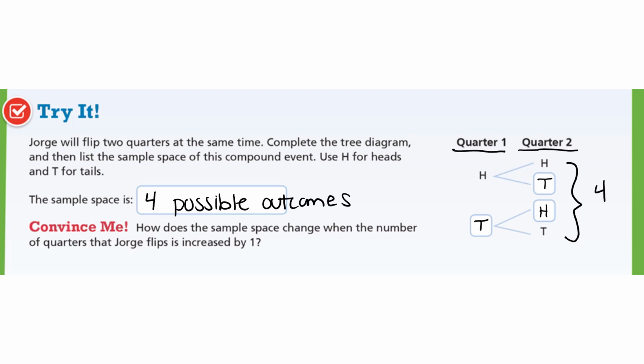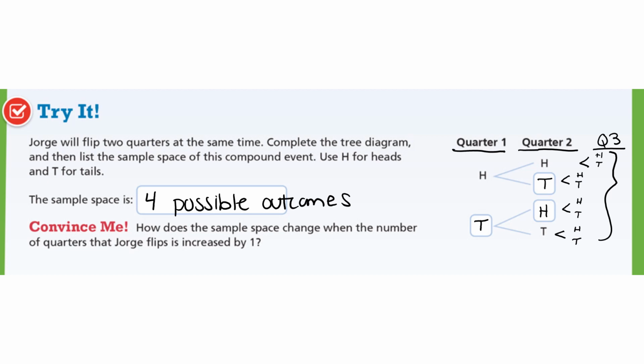Under Convince Me, it says, how does the sample space change when the number of quarters that George flips is increased by 1? Meaning, what if we flipped quarter number 3? If we flipped quarter number 3, we would break the tree diagram apart. So instead of heads, we could have heads and tails again. Instead of tails, we could have those values another time. Instead of heads, we could have those values another time. And instead of tails, we could have those values another time. Meaning our sample space becomes